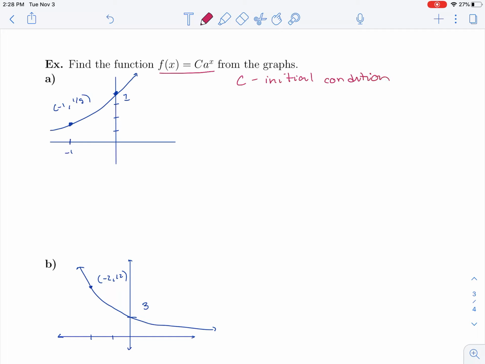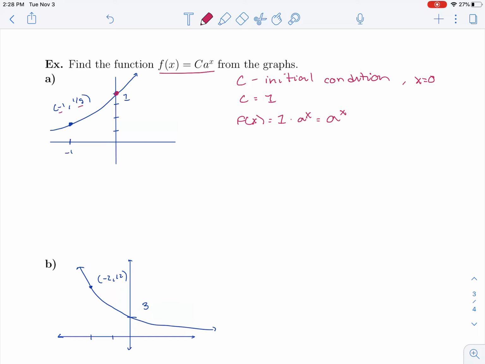So C we know is the initial condition. Looking right here, that's when x equals 0. So I know that C in this case equals 1. Now I know that f of x is going to equal 1 times a to the x, which is just a to the x. So now I have this other point right here,